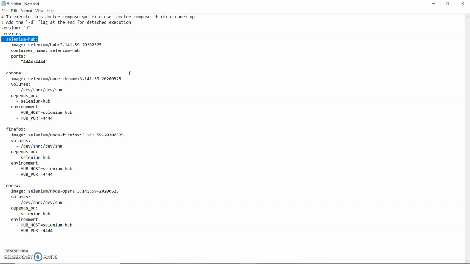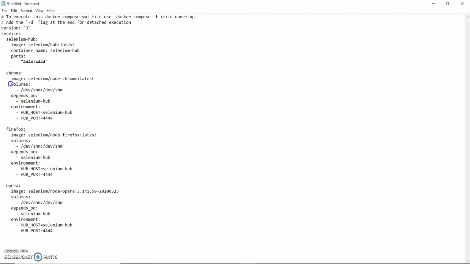I put the Selenium Hub image and I take the latest image, so I changed this to latest. One node I have to open, so I will take Chrome, and for the image I will put latest. I'm just changing the version to latest, because latest means it takes the latest image present in Docker Hub.